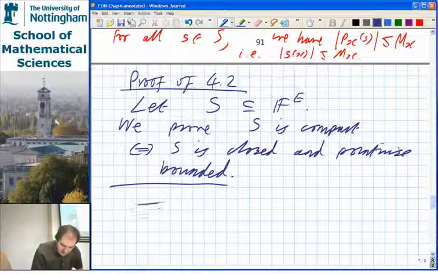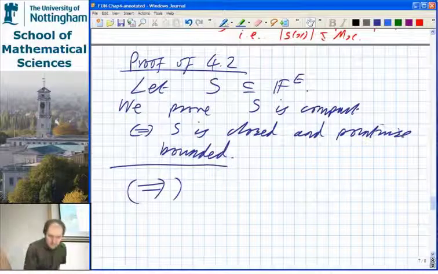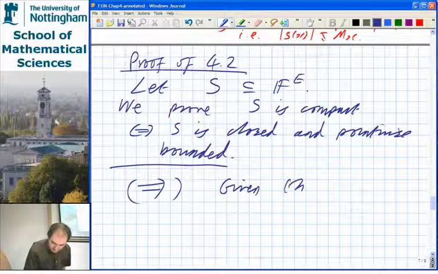Okay, let's have a look at the forward implication, because that's pretty easy. So, given that S is compact,